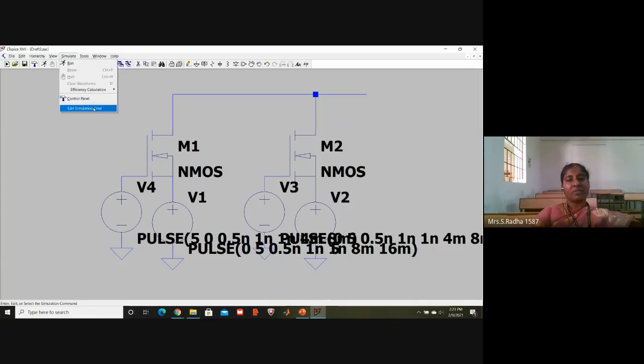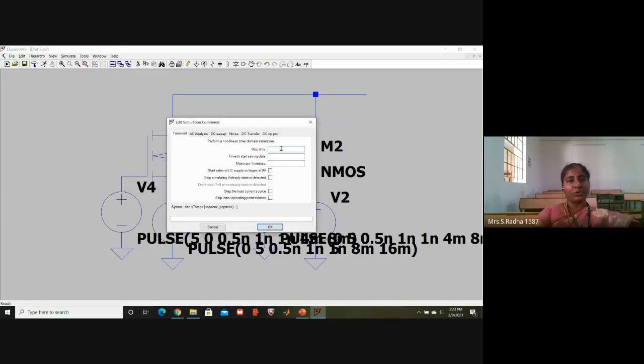Maximum time period we have given is 16 milliseconds. So minimum 16 and above you have to give. If I give 32, 2 cycles we can observe, 32 or more. Within the 16 milliseconds, you will get one flow completed.